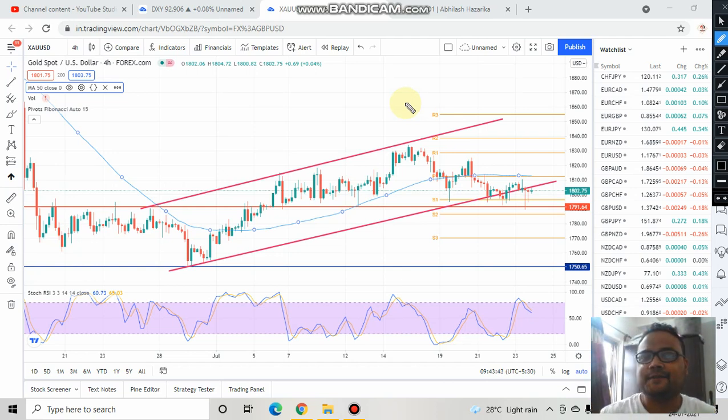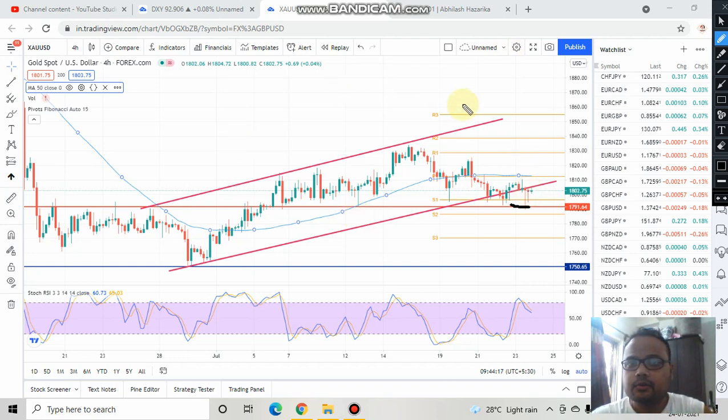So let's get started. This is the 4-hour chart of Gold US dollar in front of us right now. If you have watched my yesterday's video, then hopefully you have made good money, because I clearly explained that though the market was standing above the support level, there is a good possibility that the market may go down and take support here. And many of you have commented that you have made good profit. That's really nice to hear. Okay, so let's find out what should be the strategy for Monday.